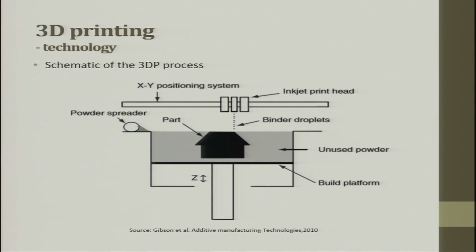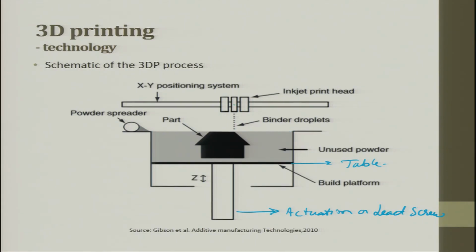You have a powder spreader, so that spreads on top of the table. So the table will have a tank. So this is the table. This is the actuation or a lead screw which moves back and forth, up and down. And so here the powder, when it is spread on top of it, so one layer thickness is maintained, and